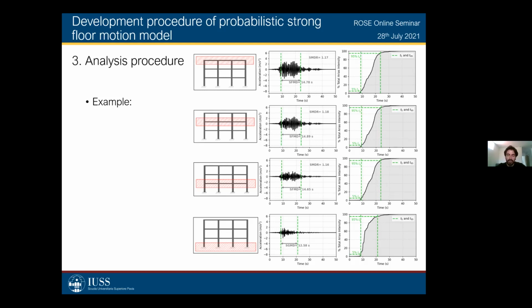Now, for the stories of the building, we have the fluid motions; you see the first, second, and third story. Sorry, it is a 4-story building. You see that the strong fluid motion duration is calculated the same way, but using the fluid motion. The strong motion duration ratio is also there, calculated as the ratio between these strong fluid motion durations and the corresponding strong ground motion duration at the base of the structure. For this particular case, we have a strong motion duration ratio of more or less 1.17 on average. So almost a 20% increment, let's say.